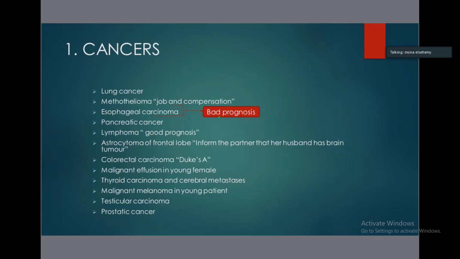Important in breaking bad news is to ask about the pre-morbid condition, with whom the patient lives, and about the home support. Sometimes the habits may be of value in certain situations if relevant. This is for breaking bad news. The items of your talk differ according to the scenario. If you are breaking bad news, it is important to stress the warning shot, the golden silence, and the way of breaking bad news.